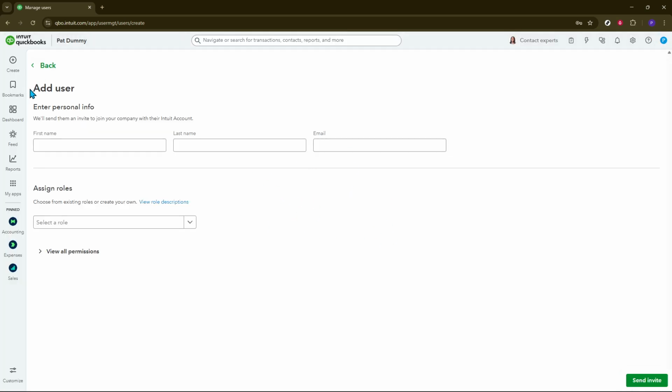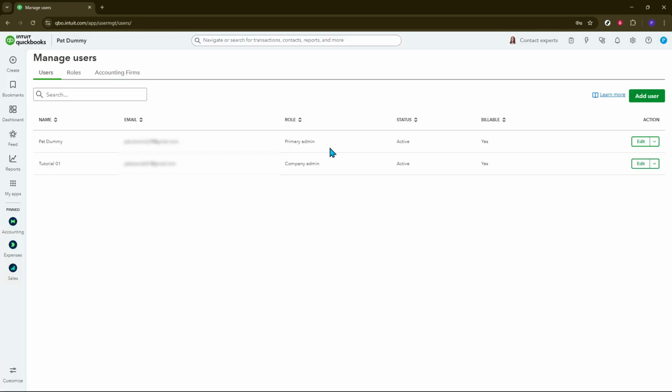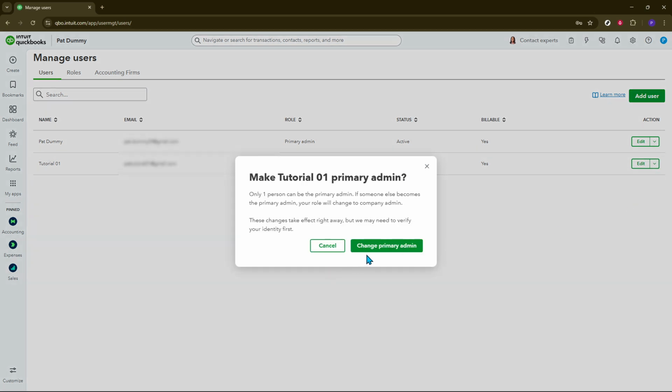Once the new admin is listed as a user, navigate back to the Manage Users section, locate their name and click on the drop-down arrow next to it. Here you'll find the option to make primary admin. Select that, and a confirmation prompt will appear. Confirm the transfer and QuickBooks will automatically send an email to this user, inviting them to accept their new role